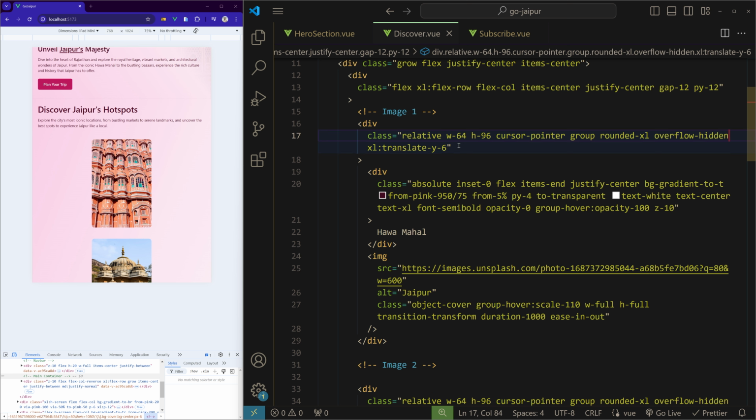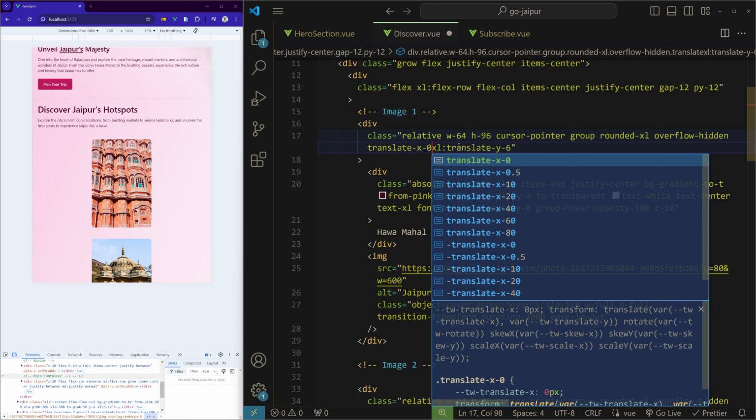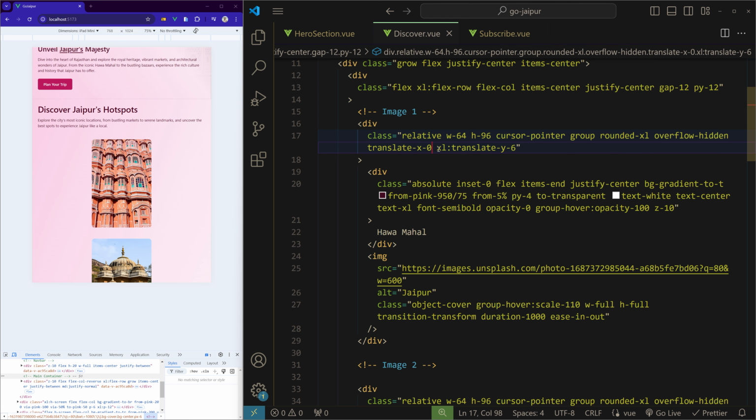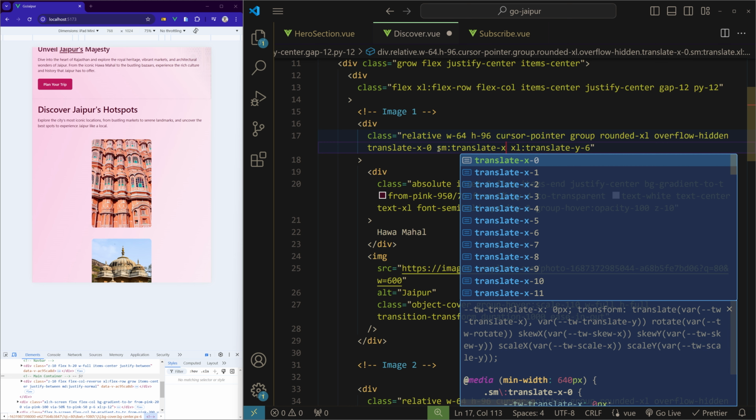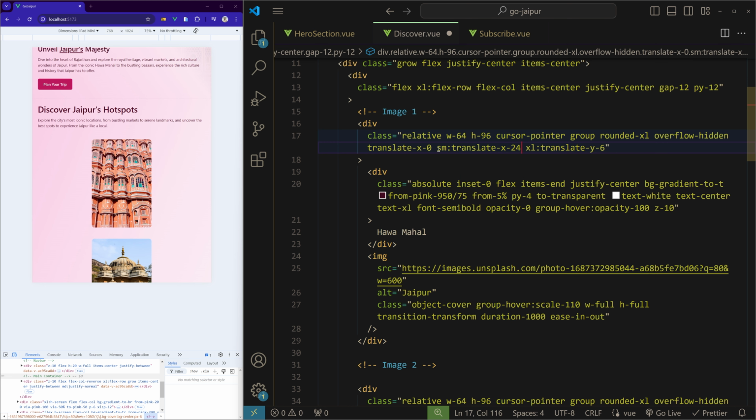So on mobile device we don't want anything, so I will write translate x 0. But for small devices, meaning devices which have 640 pixels and above, I want the translate x to be 24 points. Now if you save, you see that the first image is towards the right,